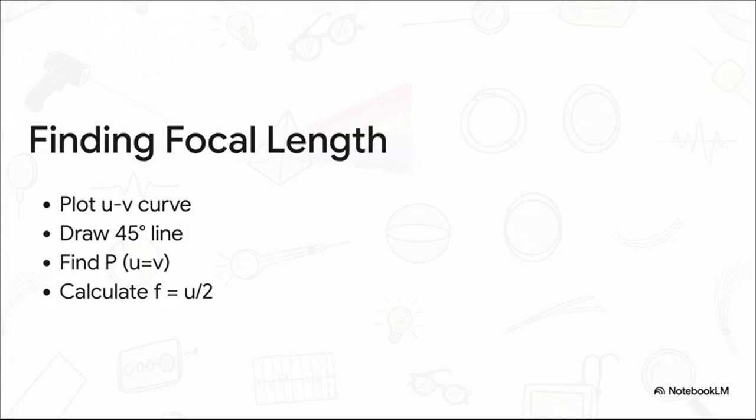This diagonal line represents literally every single point where U is perfectly equal to V. When we extend that line, it intersects our hyperbola curve at one specific spot. Let's call it point P. According to the rules of optics for convex lenses, when the object distance matches the image distance, that specific distance is exactly twice the focal length, or 2f. So all we've got to do is read the coordinates of point P, divide by 2, and we've nailed down